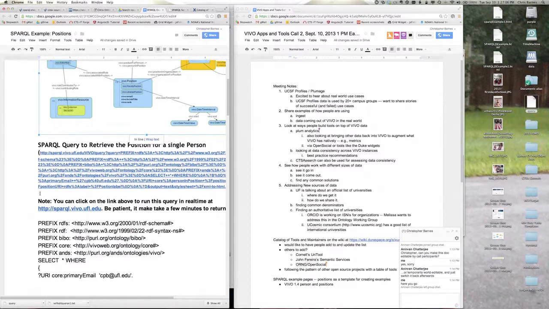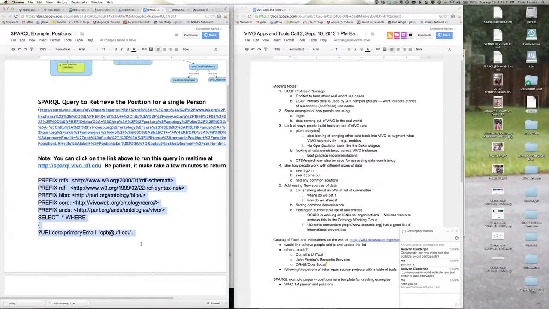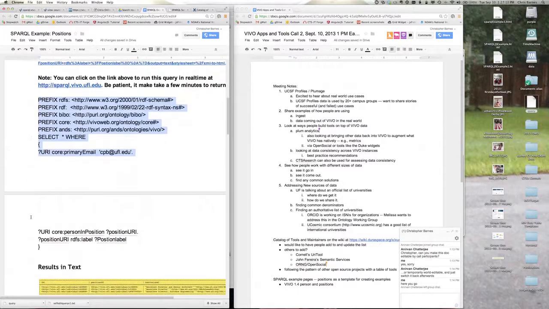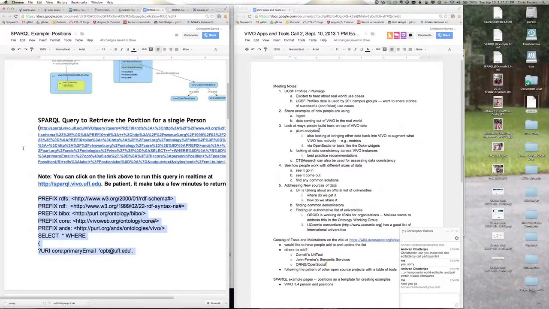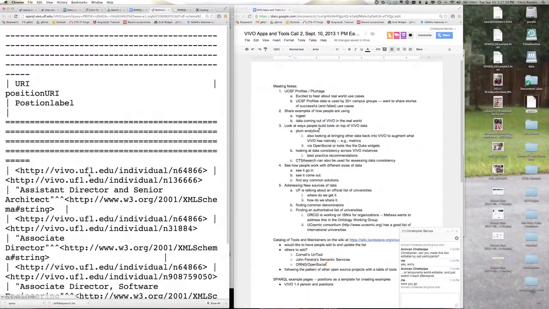Then I've given an example of a SPARQL query. Here's a query that will bring back position information based on someone's email address. In this case, it's bringing back mine. I've included the actual SPARQL query that links to our SPARQL endpoint, so they can go right to the example and run it.